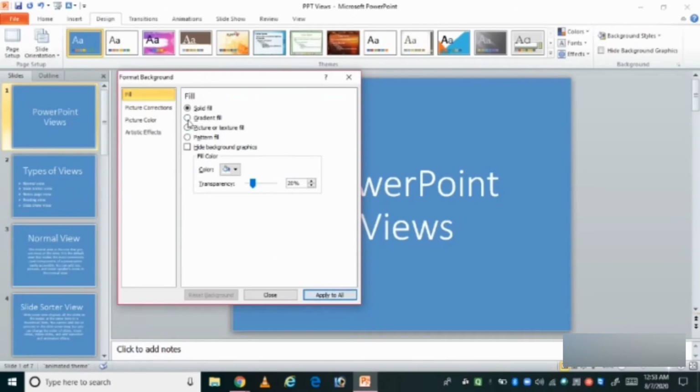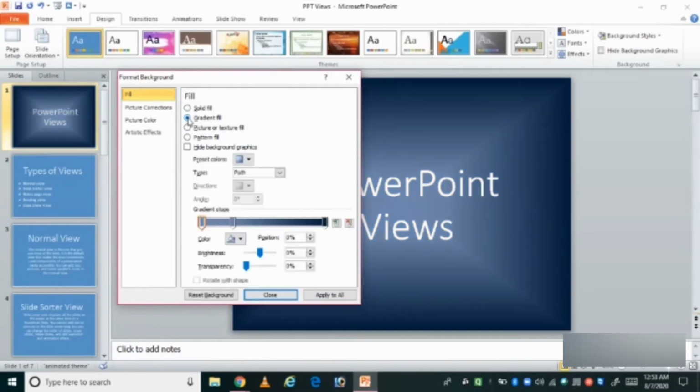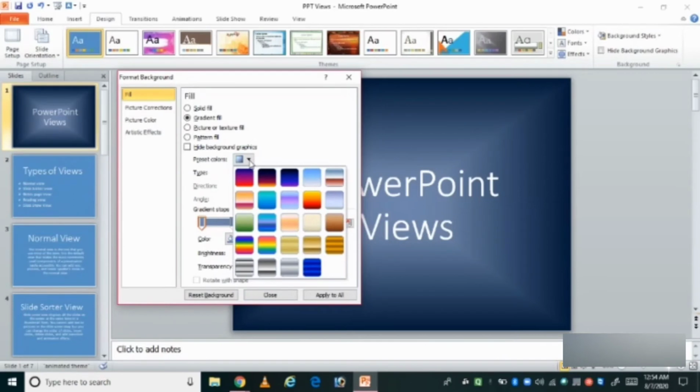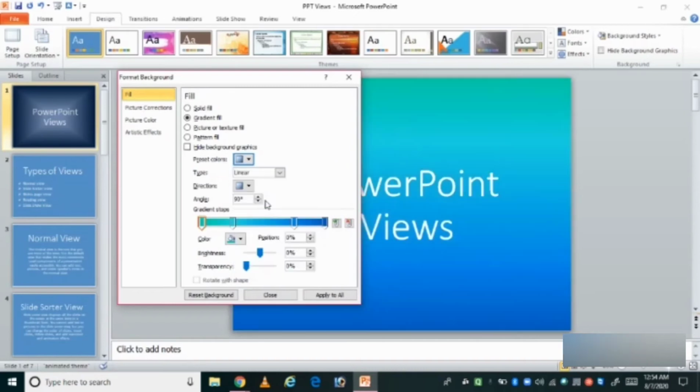The next one is gradient fill. Click on gradient fill. In this option, you can select gradient color, gradient type, and gradient direction. Once I selected this, you can see different options here. You can select so many colors here. First of all, I'll select this one.